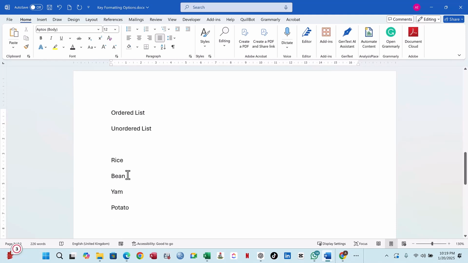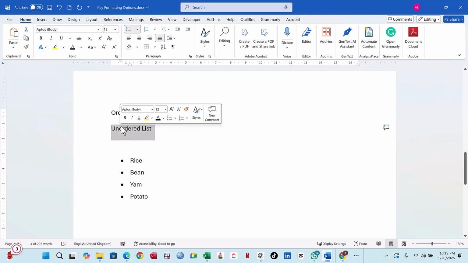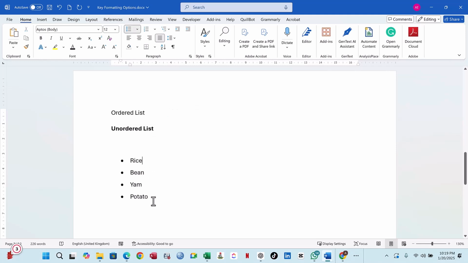So this may not have a particular order. So you can easily say, okay, let me apply bullets. That is what is called an unordered list. Okay, but if this is an item that